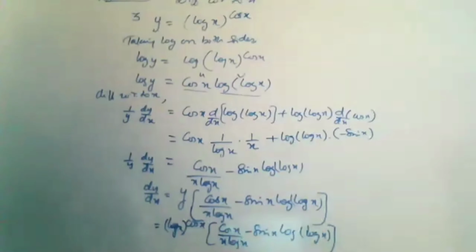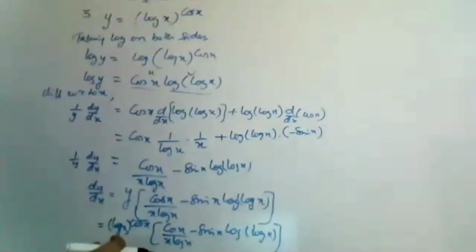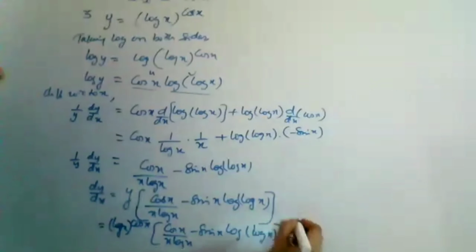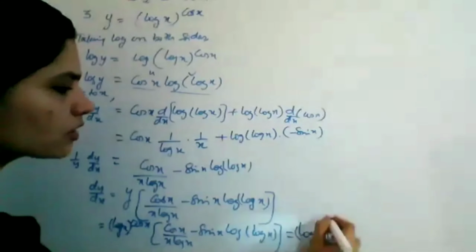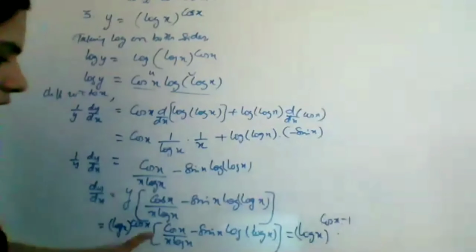Now here if you want, you have one log x here. Here also this is log x. So log x means it is log x to the power 1. So if you want, you can just give this term to each of them so that the first term becomes cos x by x into log x the whole raised to cos x minus 1. That is not compulsory, but if there is an option to make such things, you can just make it like log x the whole raised to cos x minus 1. Understood? This log x and this have been combined, into you have cos x by x.